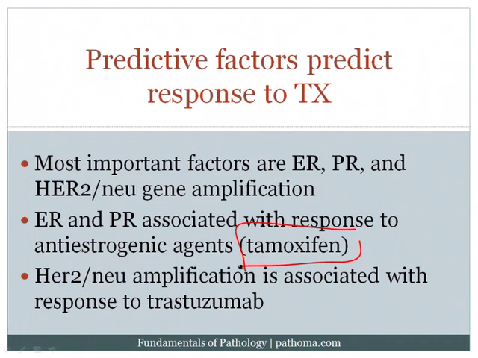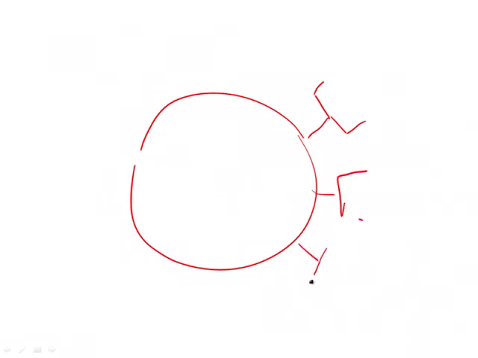Now remember that the HER2/neu, I'm going to remind you, going back to our neoplasia lecture, HER2/neu is a cell surface growth factor receptor. And if the patient has excess HER2/neu, classically due to gene amplification, that's important, it's due to gene amplification, that excess receptor can result in excess growth of the cell, which can then drive the proliferation of the tumor. And so this is an important predictive factor because we have antibodies that we've designed called Herceptin or trastuzumab. We have antibodies against those receptors, and patients who have excess receptor can be treated with this antibody.